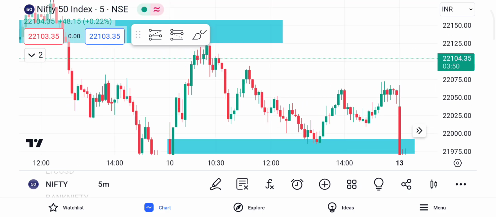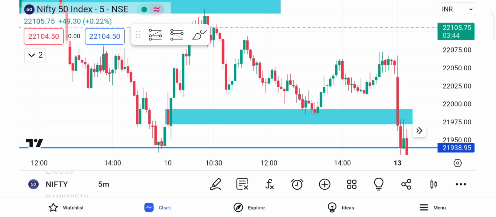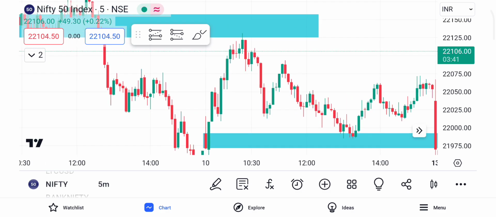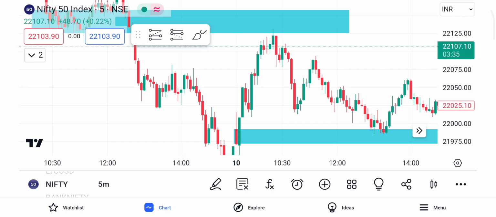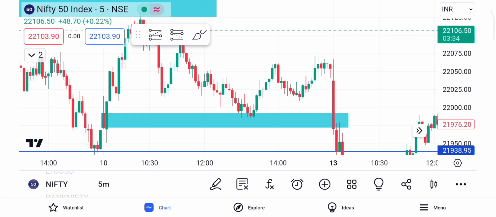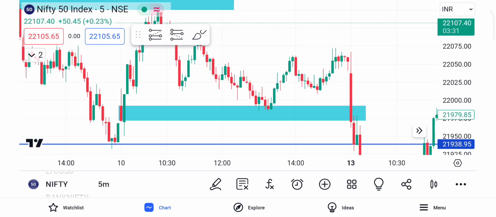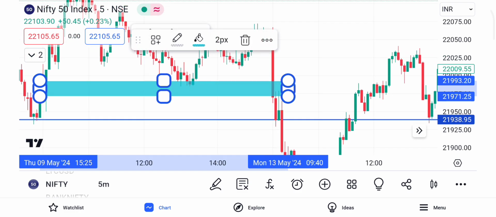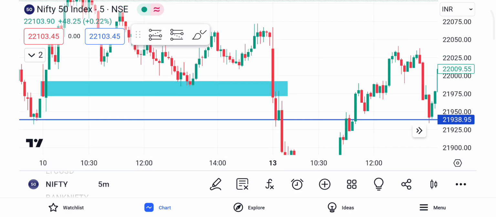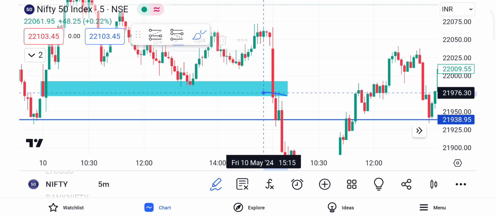There is nothing like whenever you open the market, you will see some kind of movement and you can quickly take the trade. That is a much higher advanced level. You have to reach that level, then it will definitely work for you also, right? In the same way, what we see is this was yesterday's mark, but it worked very well today also.